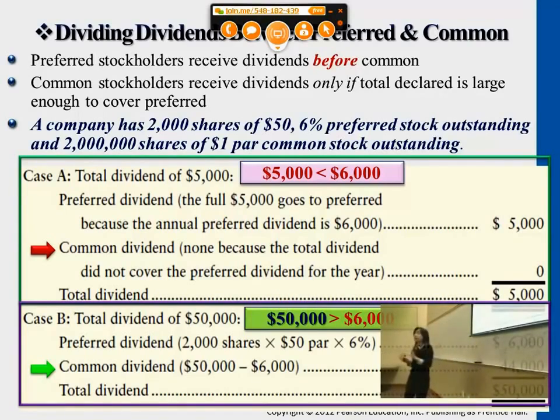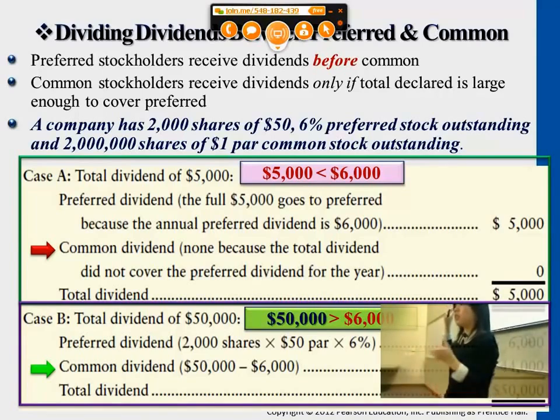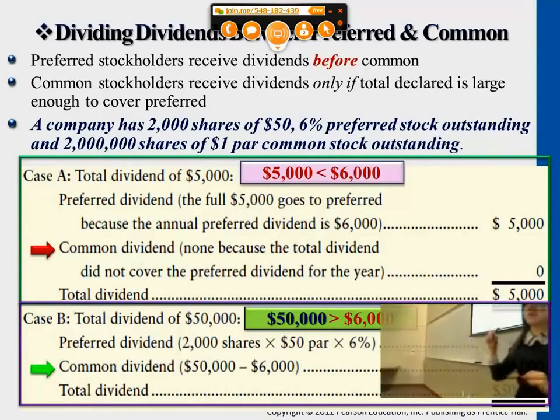So sometimes common shareholders will receive nothing. That's the first case. Or they just receive a little bit. In the first case here, $5,000, we first calculate the part that preferred shareholders are receiving. Assuming 2,000 preferred shares, each share is $50, and the dividend rate is 6%. You use 2,000 times 50 times 6%, and that gives you $6,000, the total amount that preferred shareholders